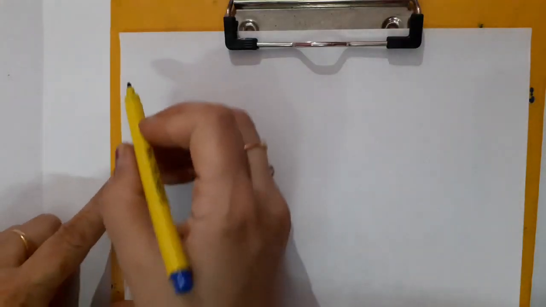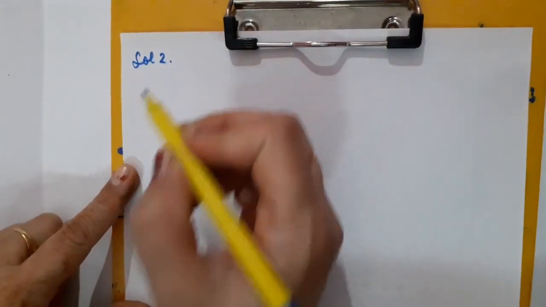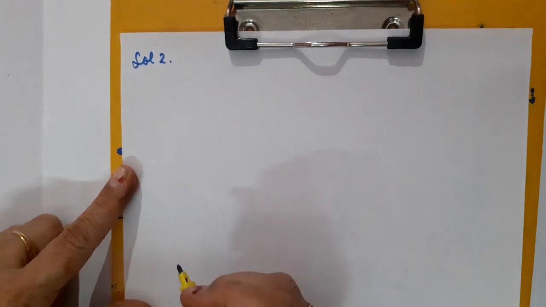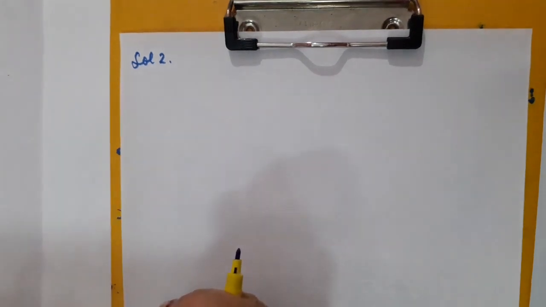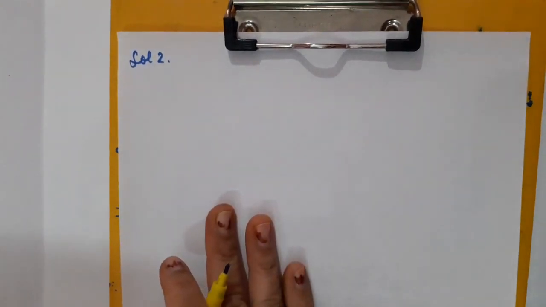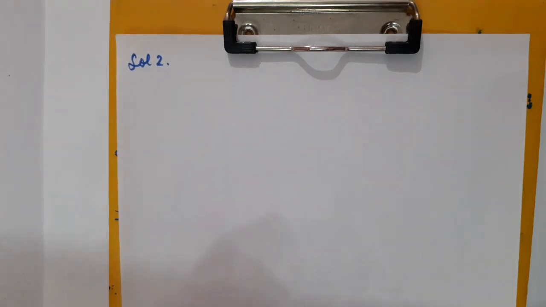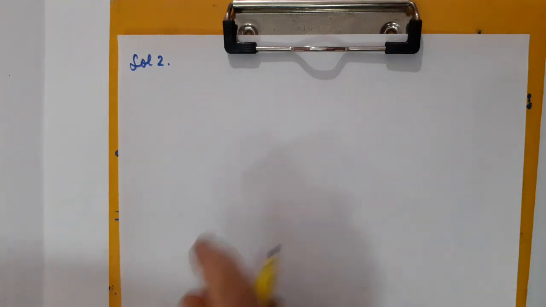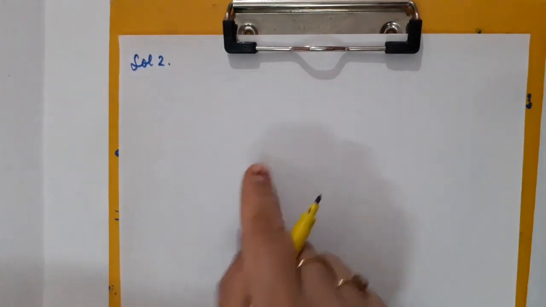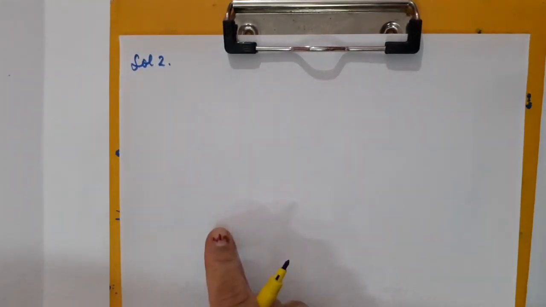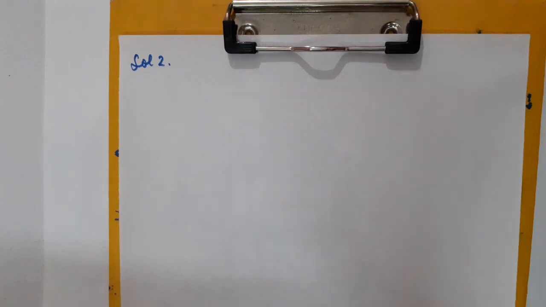Now children, let us switch to the next question, that is solution number 2. It is also based on the construction of drawing of the tangents to the circle. So listen to the question carefully. Construct a tangent to the circle of radius 4 cm from a point on the concentric circle of radius 6 cm. Children, you know very well that concentric circles are those circles which are having the same center point. Measure its length and also verify it by the actual calculation as well.